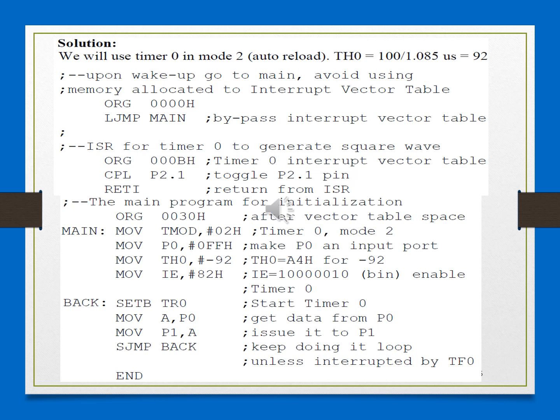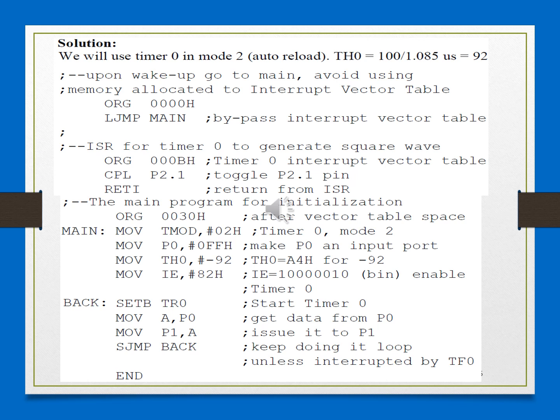Recall, I had explained this in the previous session. LJMP main signifies the address where your main program is saved. When this instruction is executed, the program counter will change its location to main, that is 0030H, exactly where your main program is saved.